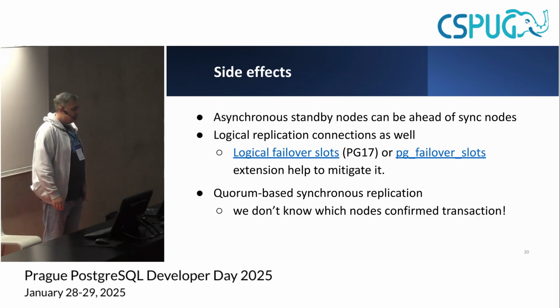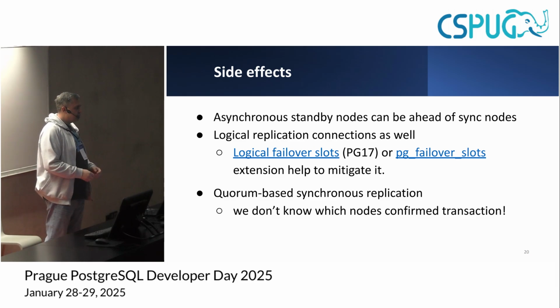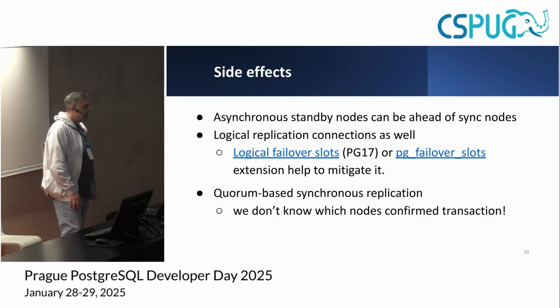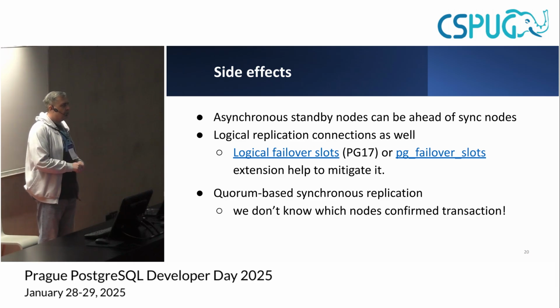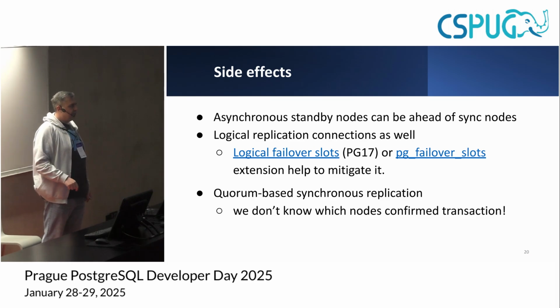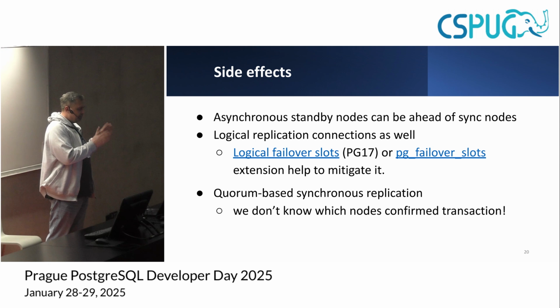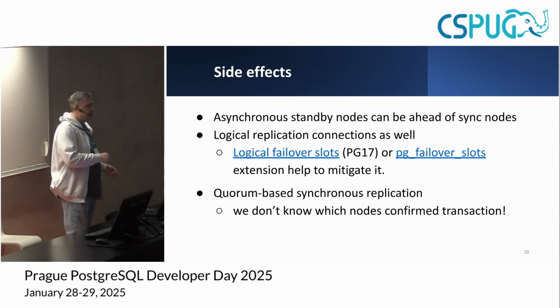And right now in Postgres 17, there is a nice solution for it. You can create a logical replication slot and say, I want to use failovers, and you need to tweak some other Postgres configuration parameters for it to work, which says before logical events will be sent to a client, we need to wait until some synchronous standby names received and confirmed those events.